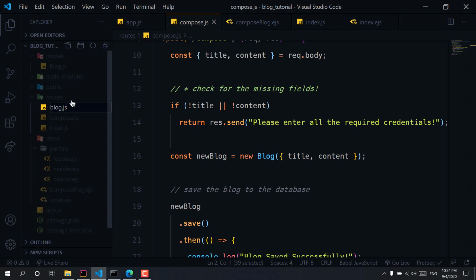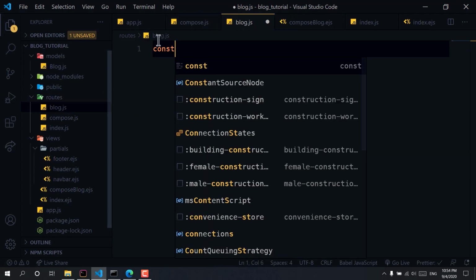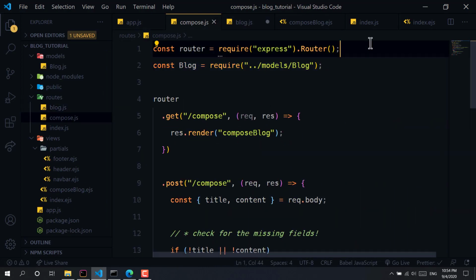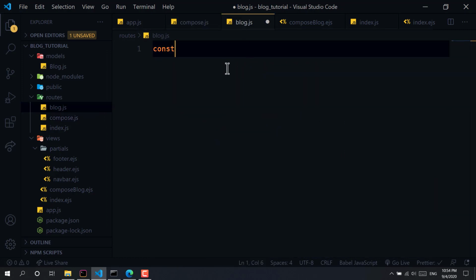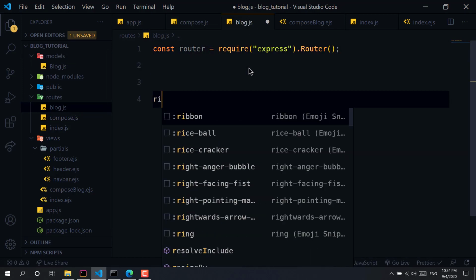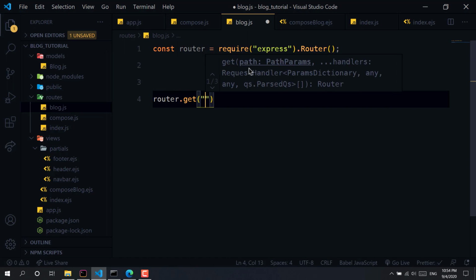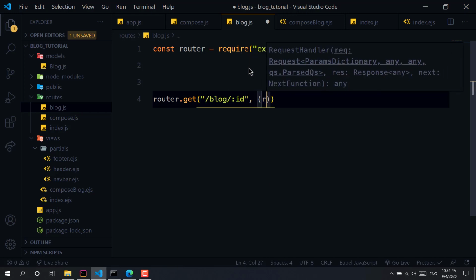So we will have here blog.js and we will have everything same. So let's just copy it, paste it right here, and we will use a router.get, and we will have here blog, and we will have that id.